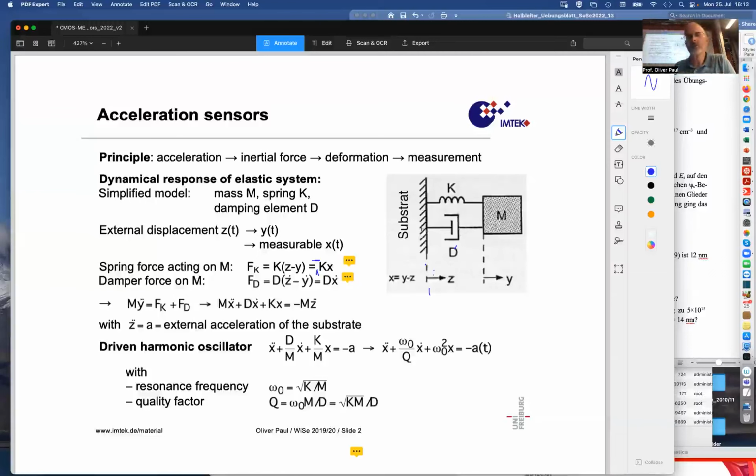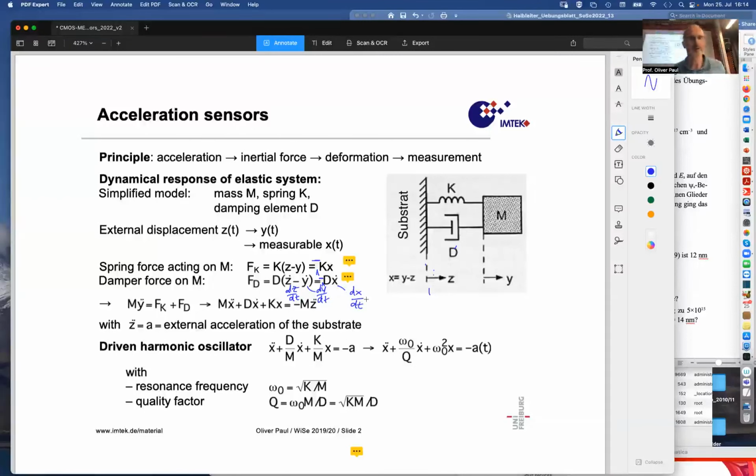It's proportional to the speed of the piston, so it's proportional to the relative speed of z with respect to y, which is translated into a force, and that speed is, of course, the time derivative. So this is dz over dt, and this is dy over dt, and then again we need to add a minus here. If z moves faster, then the piston gets compressed, and that means a positive force on the mass. And this is, of course, also dx